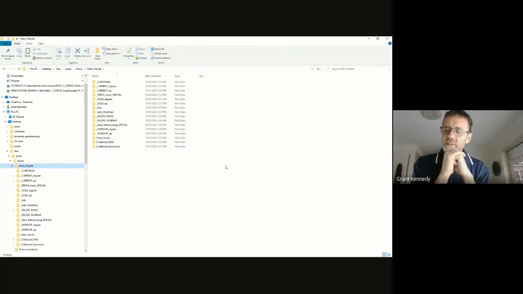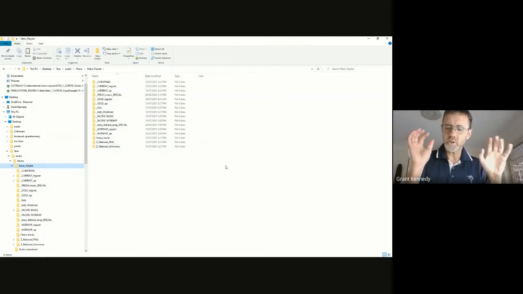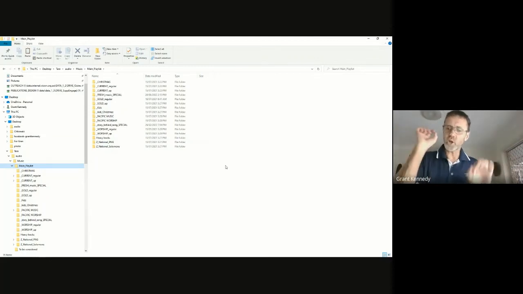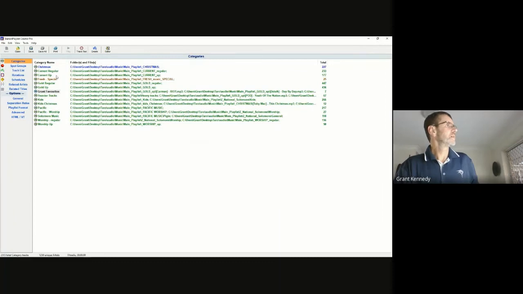So yes, you could have one folder with every single piece of music in it, and you can go through and use your categories and just choose, okay, all my Christmas songs, this one, this one, this one, this one. So they're all my Christmas songs. And then you go through and choose, they're all my current up songs. You choose each one individually.